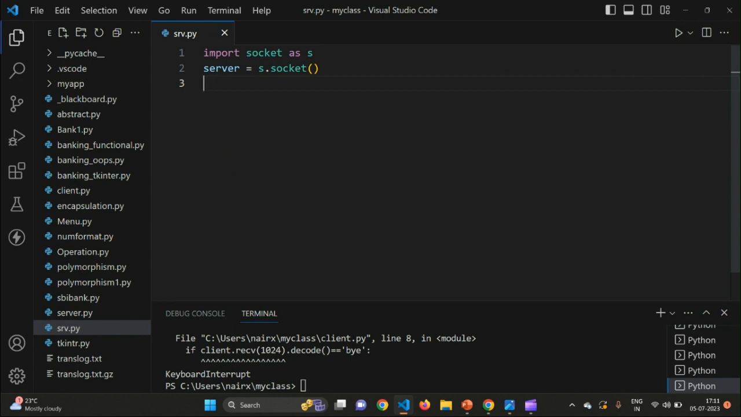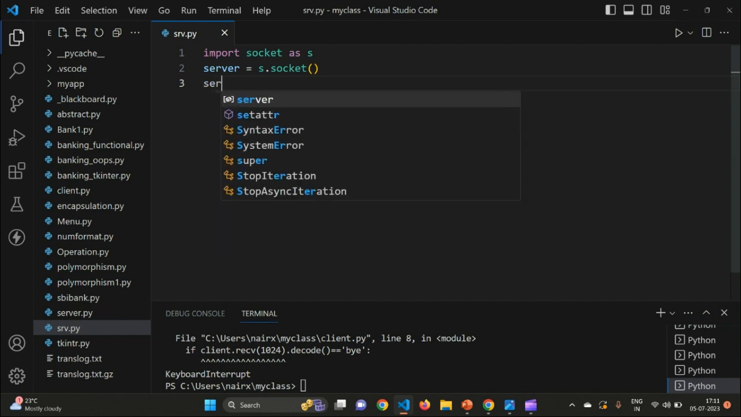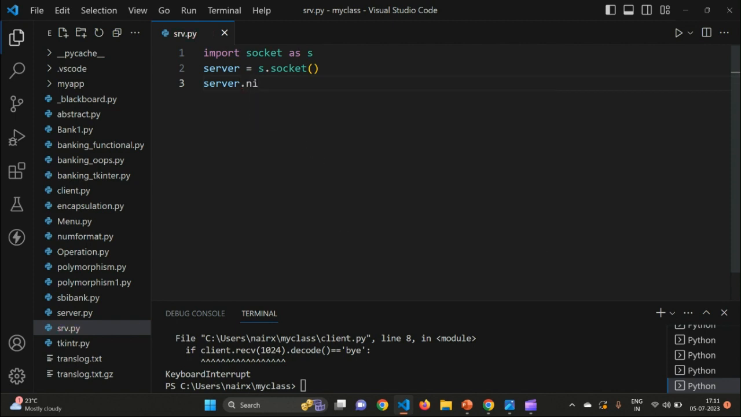Now we have to bind this server to an IP address. So it is basically localhost because I'm running on this server. So give server.bind and give localhost. In the comma, I have to give a port. So we can give a port through which it can connect, and port can be up till 65,535. You can use any port. So let me use 7777,